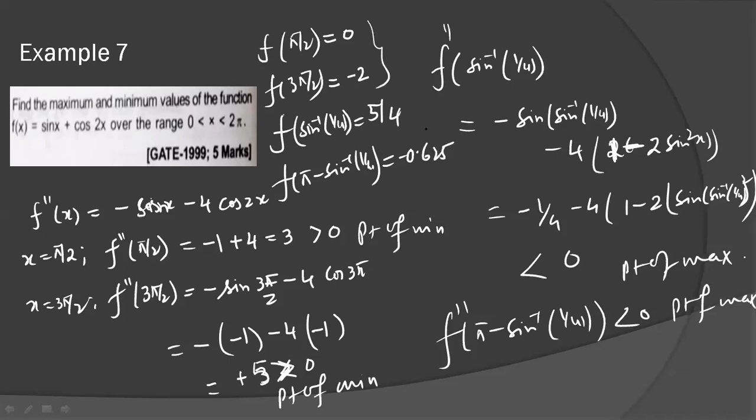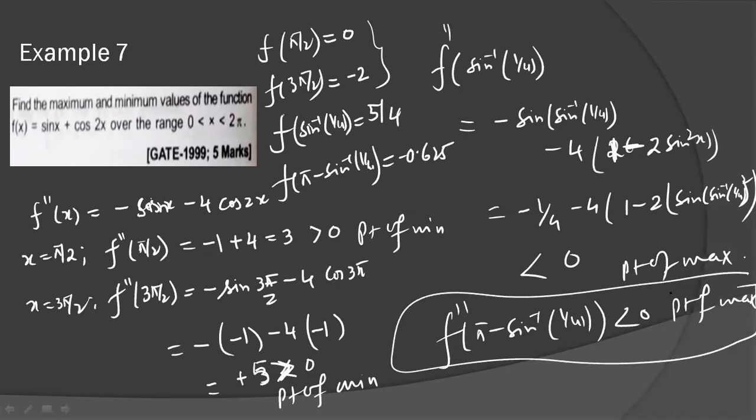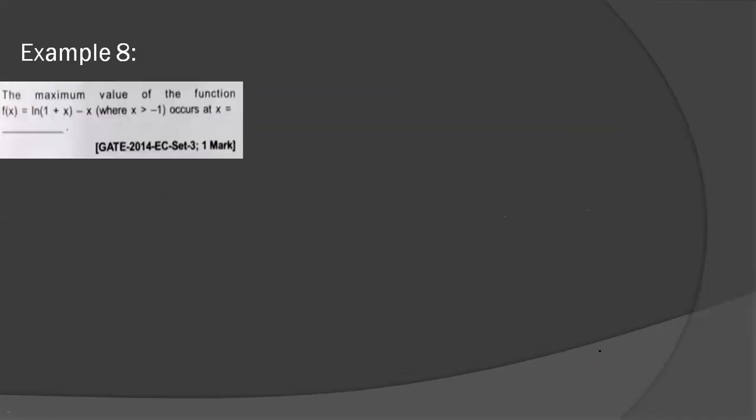Then for these two, you will get some value, I don't know about this point, you have to check. I'm not sure about this point. You have to check for this point. Then 5 by 4 is the global maxima and minus 2 is the global minima here. So the global maximum is 5 by 4 and the global minimum is minus 2. I did not check for this point. I'm suggesting that all of you check for this point also.